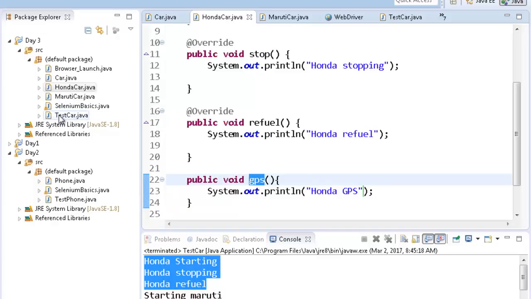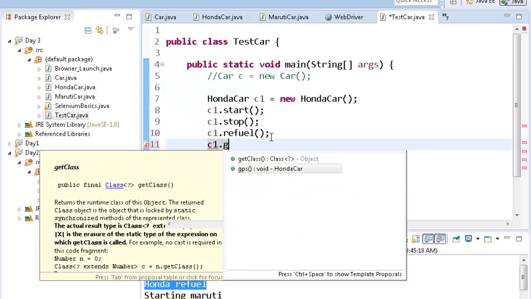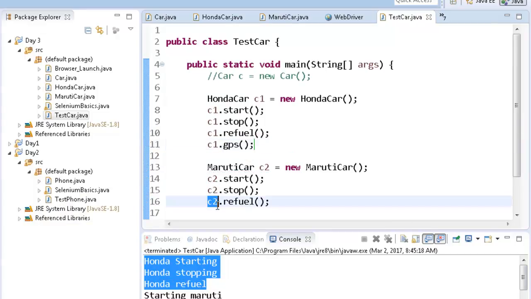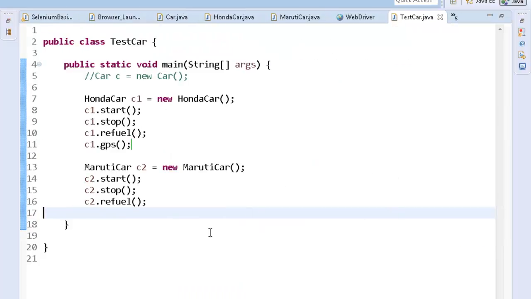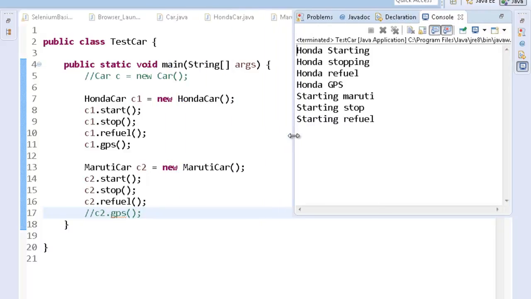So with the C1 object over here, you can also call GPS, but the GPS function will not be available with Maruti car over here. You cannot write C2.GPS, it will be illegal. When you run this code, it will present this output, Honda GPS. So far so good, right? We are okay.